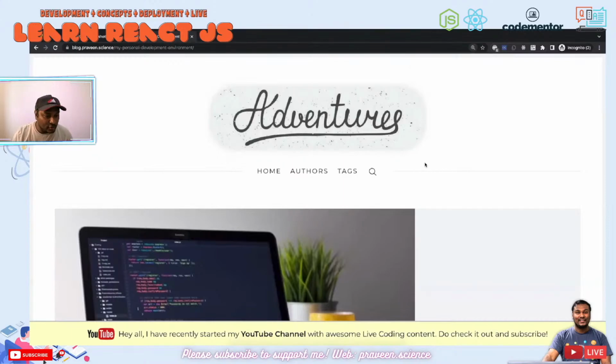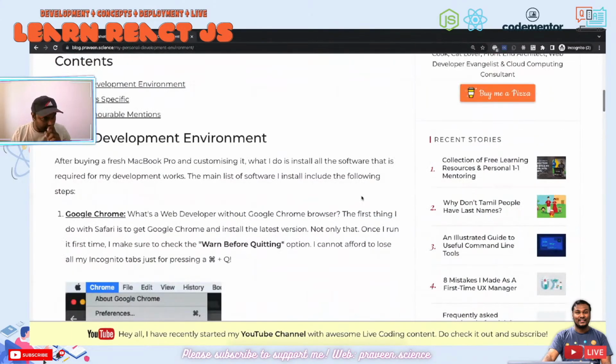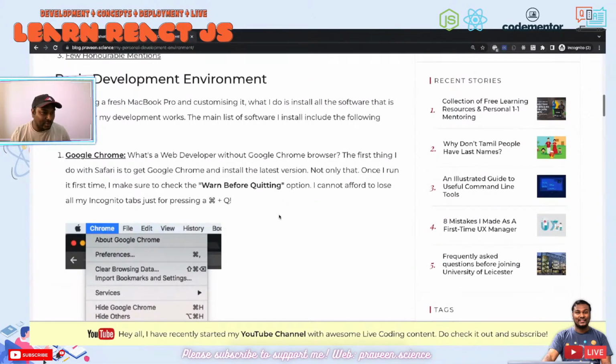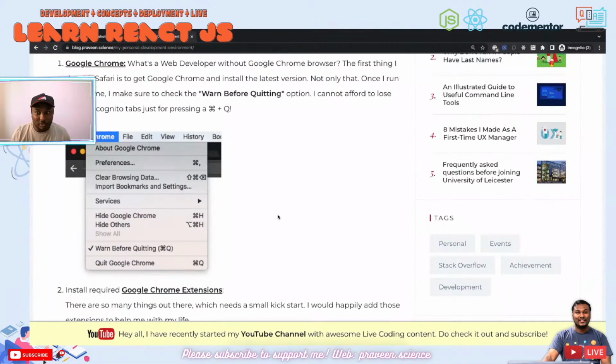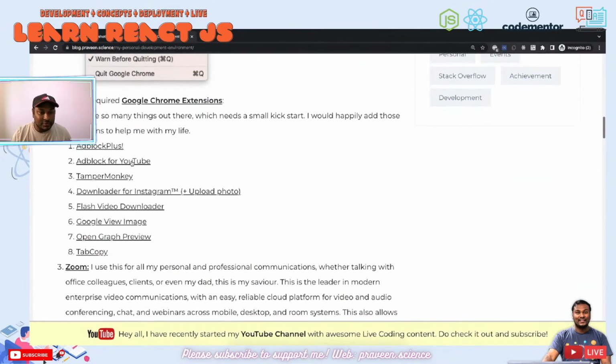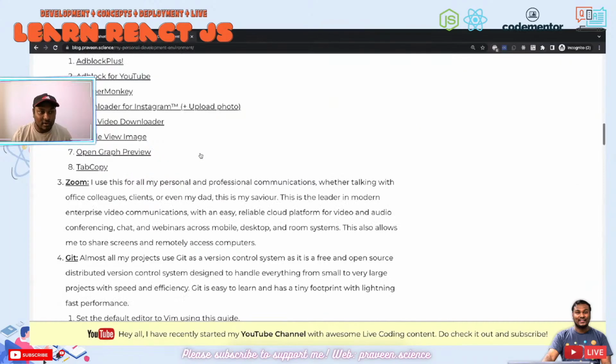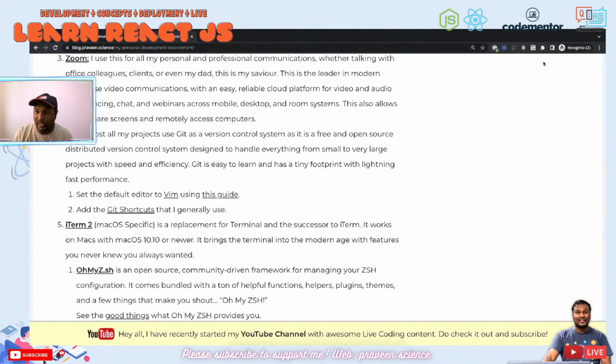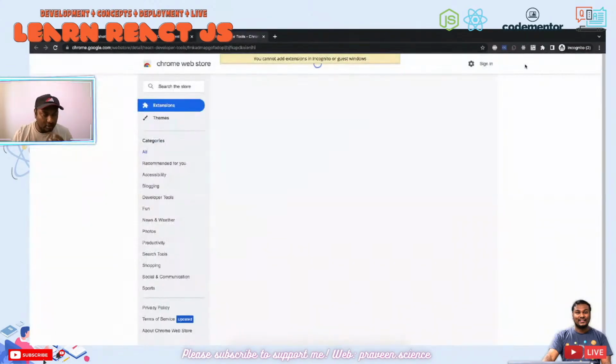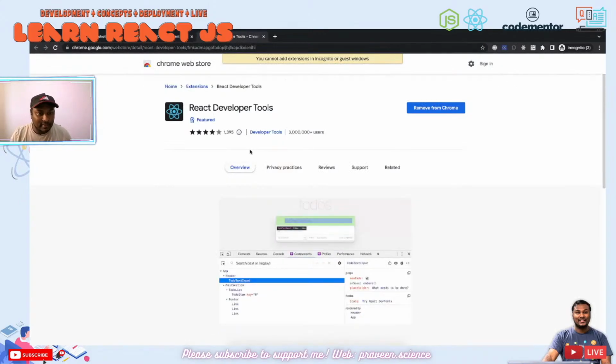Okay, so I'm using Google Chrome for all my development work. I know that a lot of people might hate Google Chrome for its privacy side of things, but Google Chrome has been an excellent counterpart for me for development and other things. With respect to the Google Chrome extensions, at least for React, I will be mostly using React Dev Tools by Facebook. You can get it from the Google Chrome Web Store, where it says React Developer Tools,